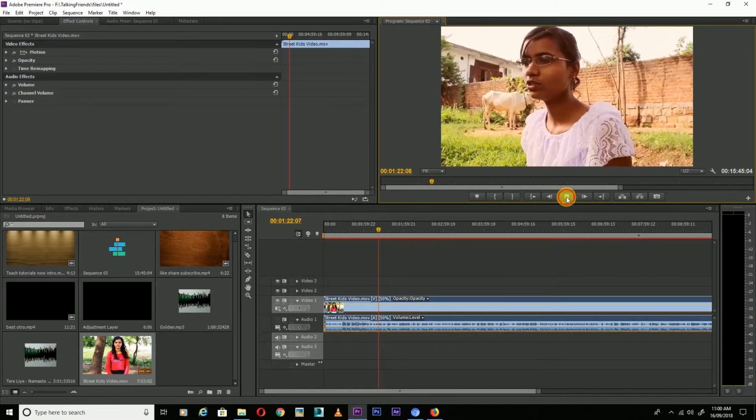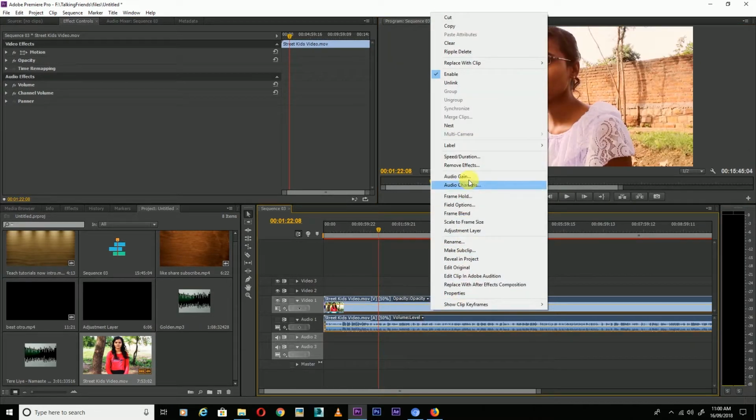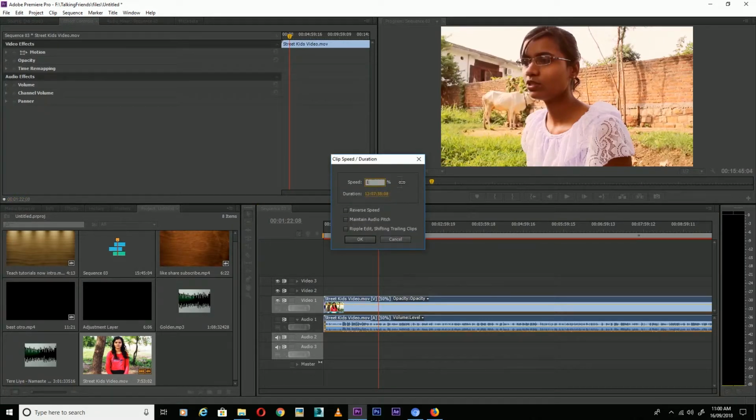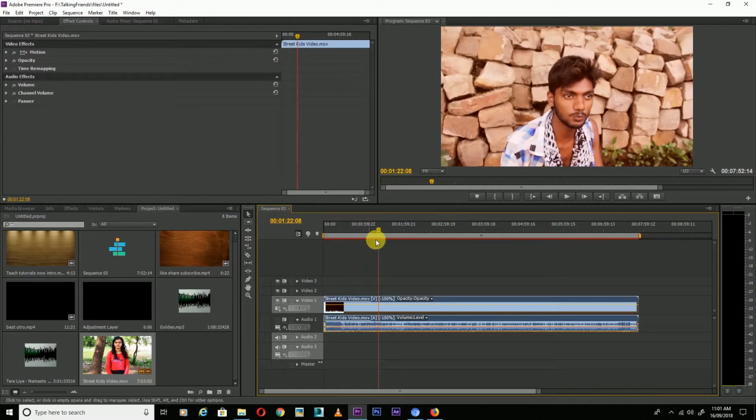Now let's talk about the reverse. Right click on the video, choose Speed/Duration and make it 100. So that's the same video in its actual format. Now we are talking about reverse. Right click here, check the Reverse Speed option and press OK. So the video is reversed. So you can see